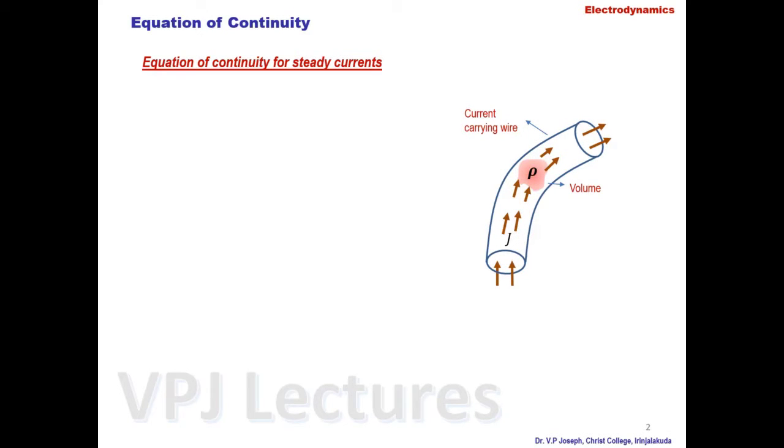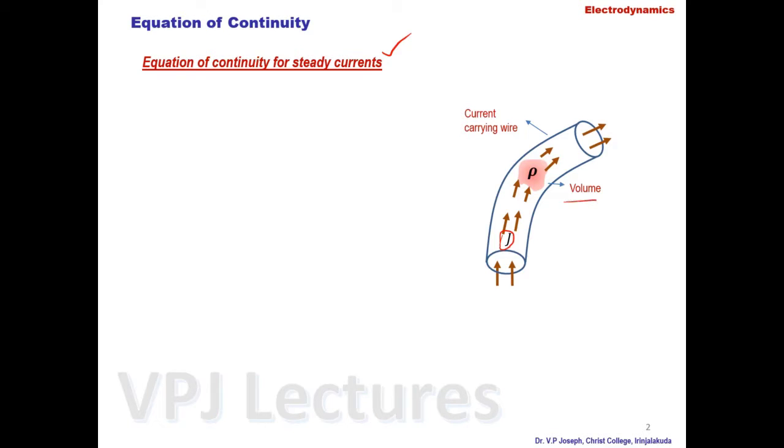First, let us consider the equation of continuity for steady currents. I think you are quite familiar with this equation of continuity, even though for getting a smooth start, I would like to explain that once again. As an example, let us consider a section of a steady current carrying conductor like this. A steady current density J is flowing through this section of the current carrying conductor,